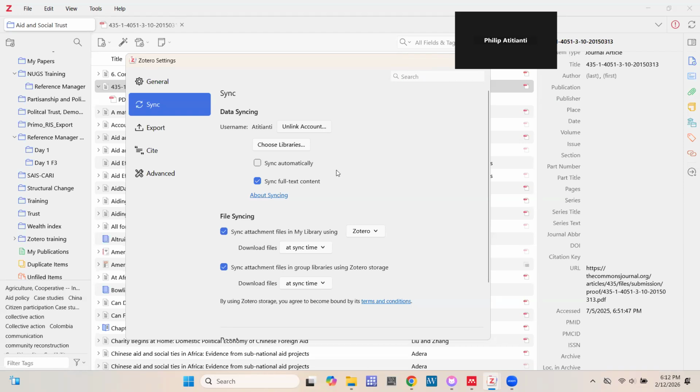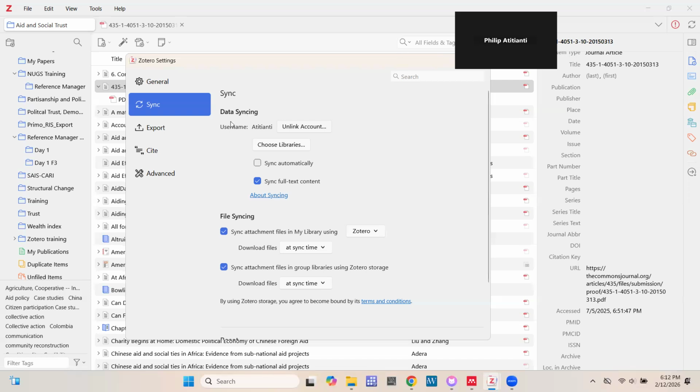What basically happens is any computer that I log into Zotero using this same account, these files will be synced across all those computers. So for those of us who sometimes work from home, sometimes work in the office, or are traveling in different places and want to still access your files, this is the best way to go about it.